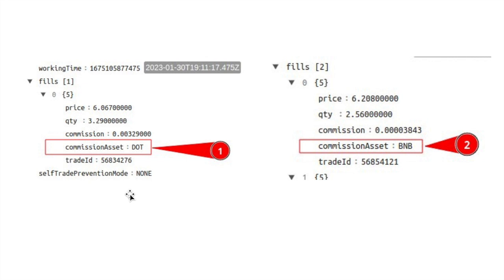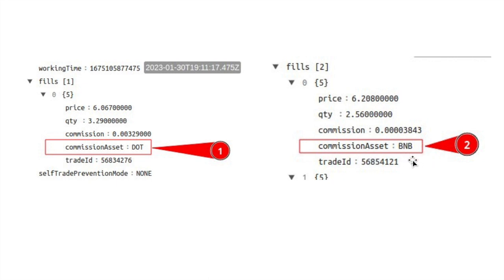So that means that when the bot bought, it bought 3.29, but when it went to sell, there wasn't 3.29 because the fee had been removed, and then it ran into that problem where it couldn't sell because there's not enough funds. The other way that Binance take fees is that they use BNBs, as you can see in this